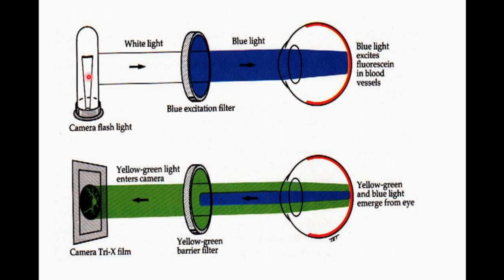That is, from the camera flashlight, white light comes and enters via the blue excitation filter. Whatever light comes out of this excitation filter is converted to blue light. It enters into the retina, and in the retina two ocular structures are there, one with the fluorescein and the other without the fluorescein. The blue light and the excited yellow-green light are reflected from the retina, and next the yellow-green barrier filter filters the unwanted blue light. The excited light comes out of this filter, and we are going to study that. Based on this, we are going to study the retinal details.